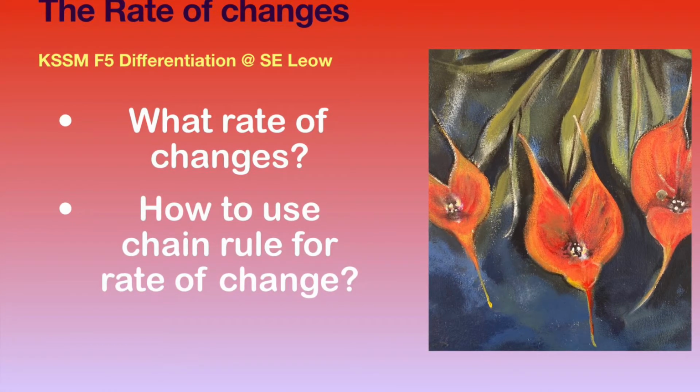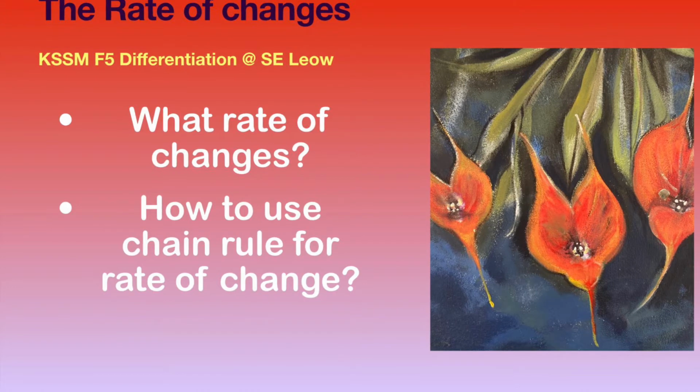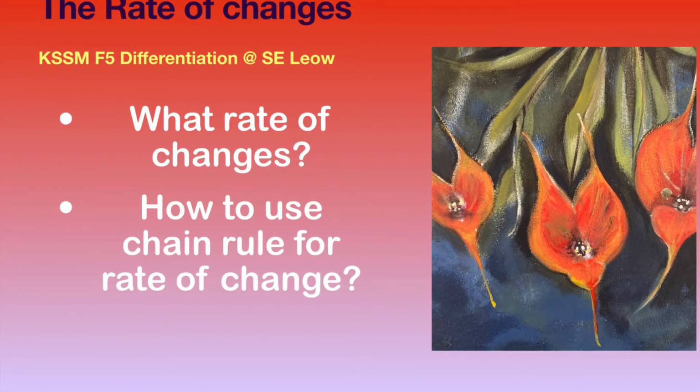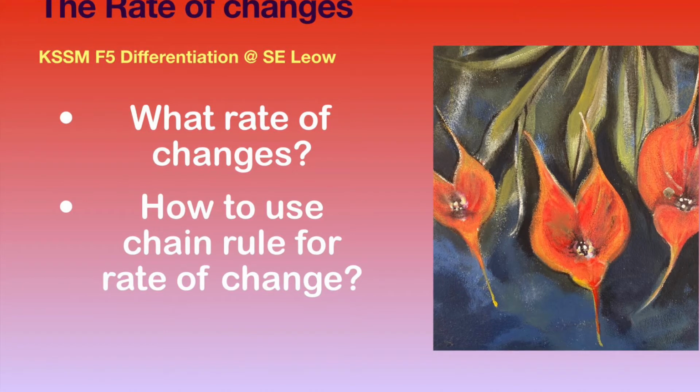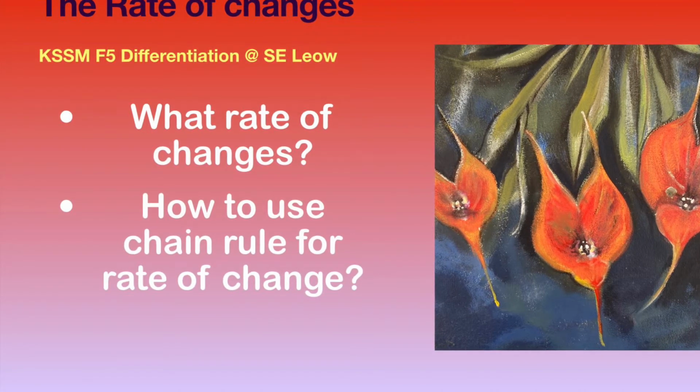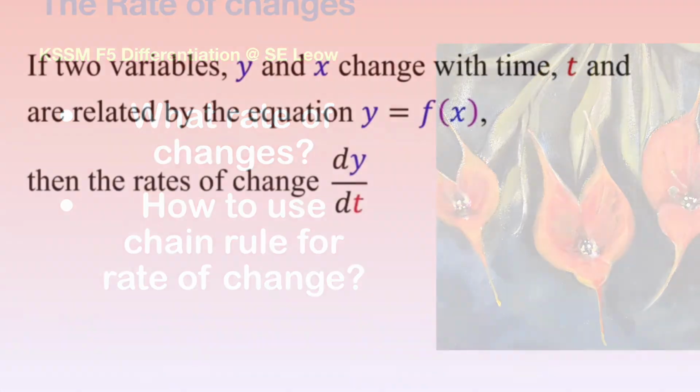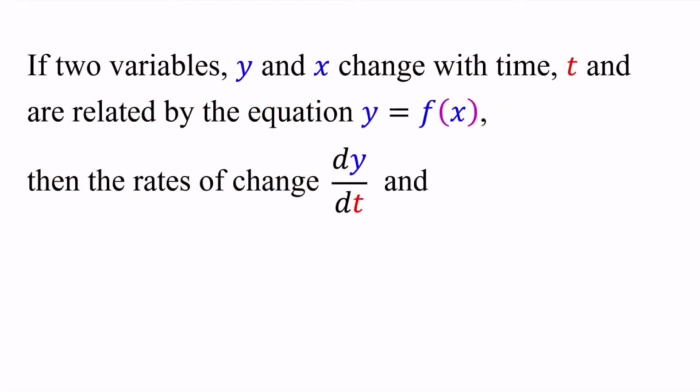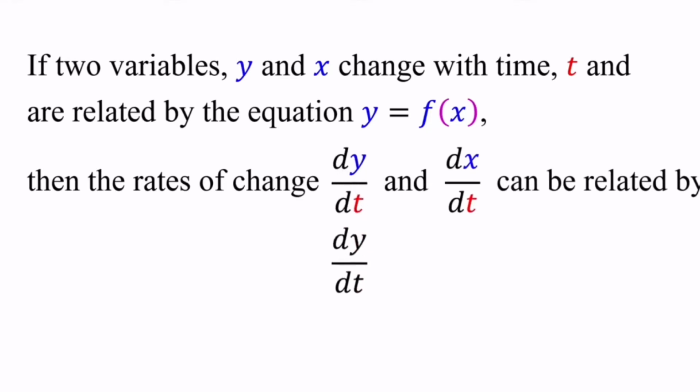For today's lesson, I will share with you about the rate of changes. So actually, what is rate of change and how to use the chain rule to solve the rate of change problem. So let's have a look at this. If two variables y and x change with time t and are related by the equation y equal to function f(x), then the rate of change dy/dt and dx/dt can be related by dy/dt is equal to,